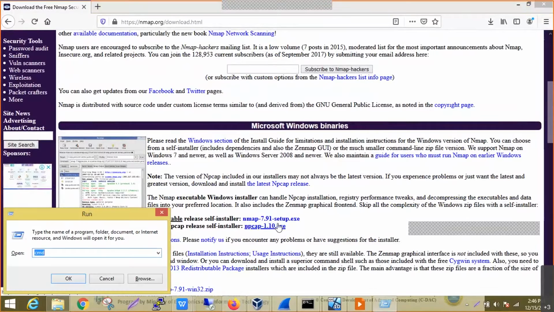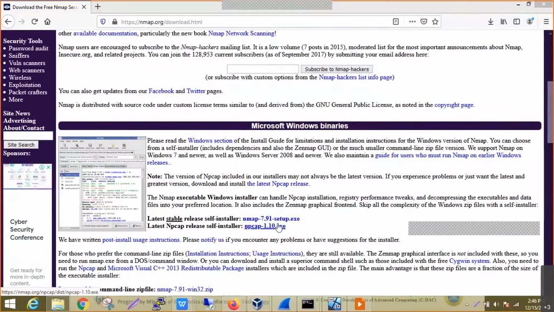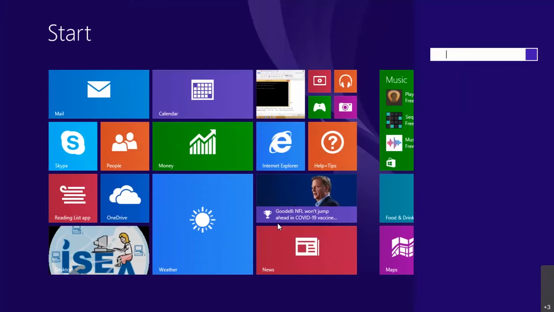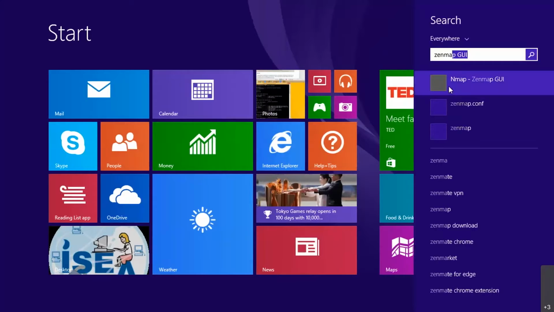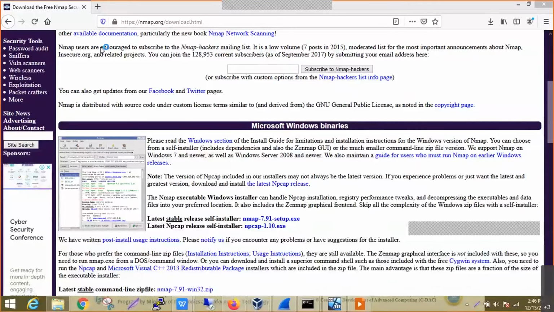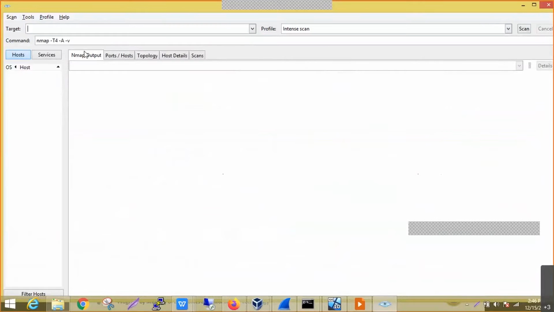So let me open the GUI version which has been installed on Windows here. It is Zenmap, a GUI version of Nmap. So this is how the Nmap tool looks.